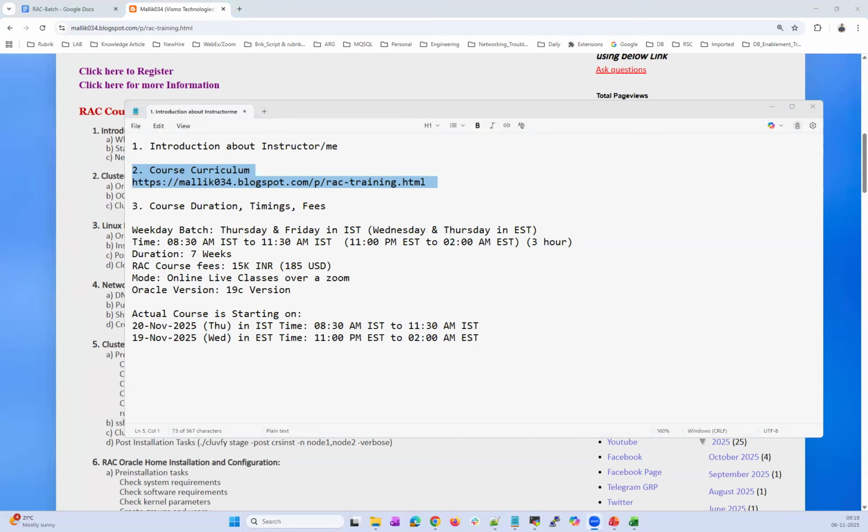Again, there are other questions I got over the last two to three weeks. Many students are pinging me and asking whether I can include some RAC-related performance tuning, or the tuning parameters. Obviously, we will not be covering anything on performance tuning. Performance tuning itself is a separate course. We are concentrating only on cluster administration, maintenance and management, and how we deal with that. So anything related to performance tuning should be a separate course.